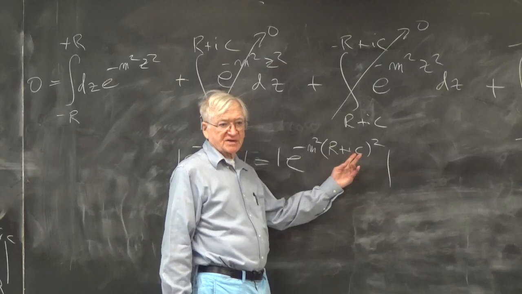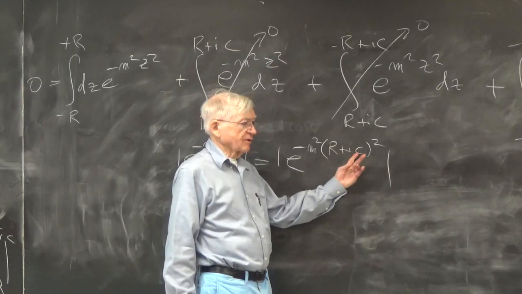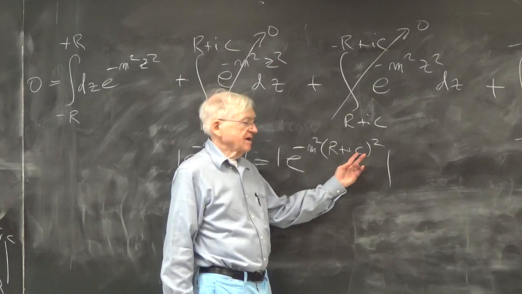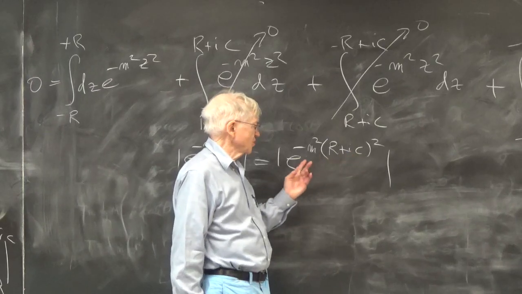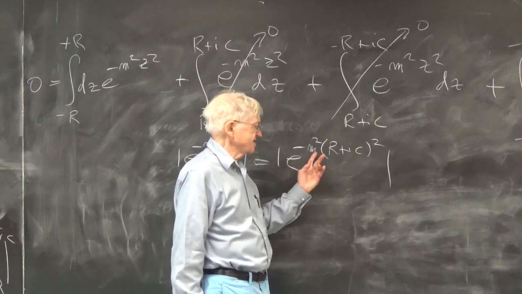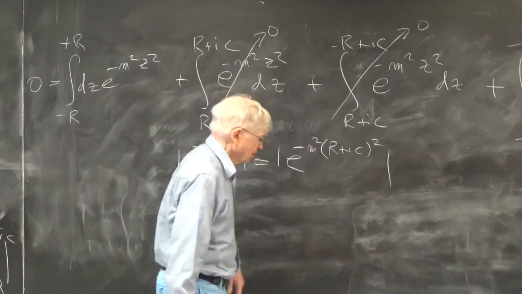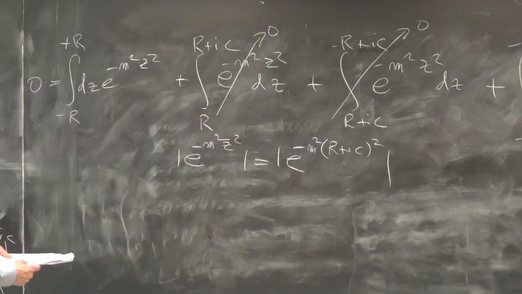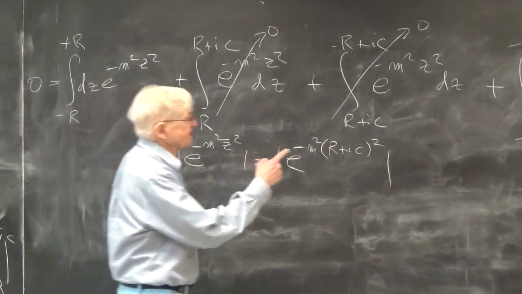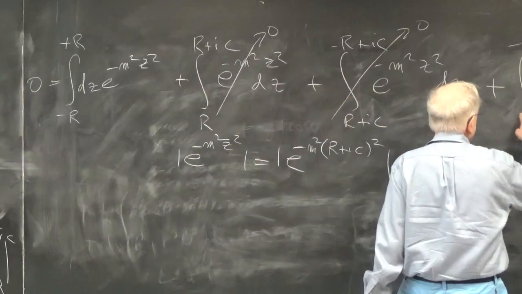The cross term introduces a phase, the square of c just introduces a small change, but the real business is e to the minus m squared r squared, and that goes to 0 very rapidly as r goes to infinity. On the other hand, this thing is an integral